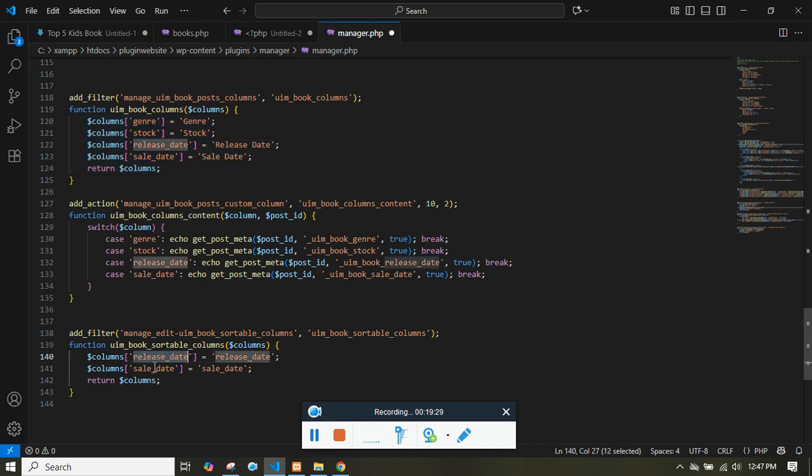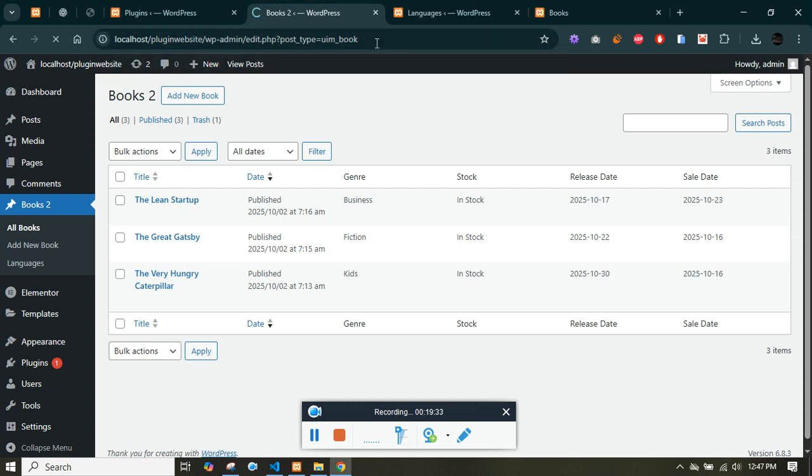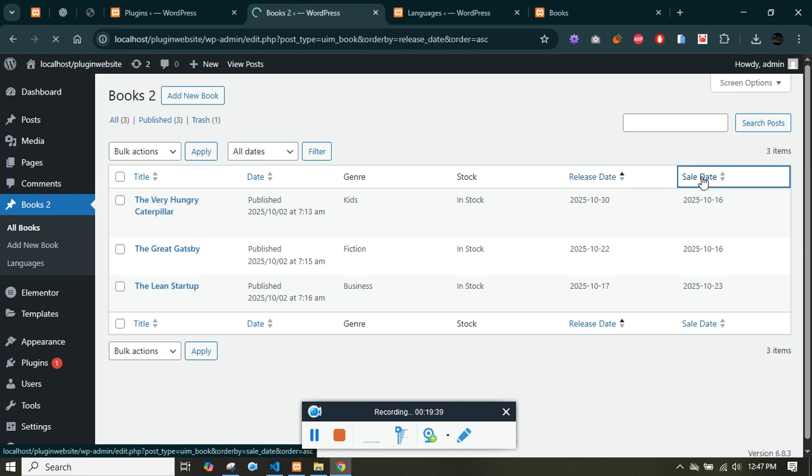So we are specifying the column that needs to be sorted, and if you refresh this, this isn't enough. You will see this link clickable, but it won't work because we missed a step to make this work. You'll feel that this is getting sorted, but it is actually sorting based on the title. So if you notice, you'll find. So to make this work,